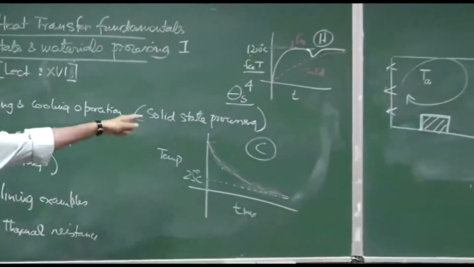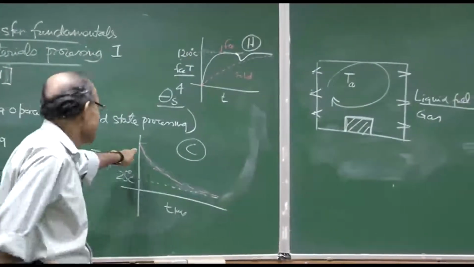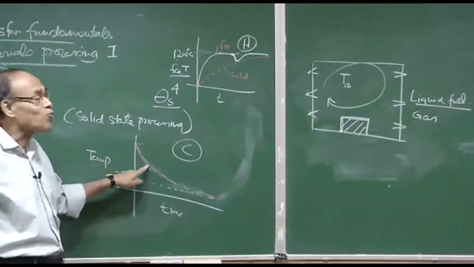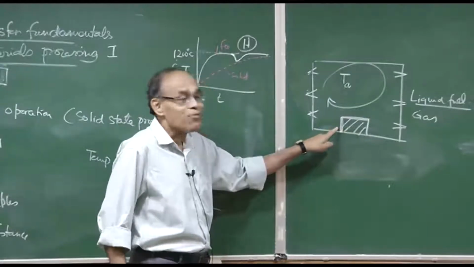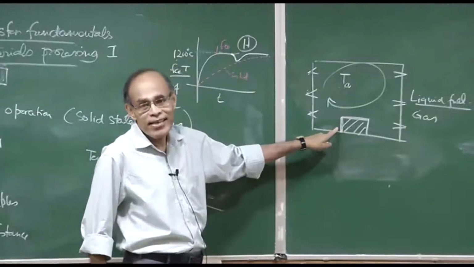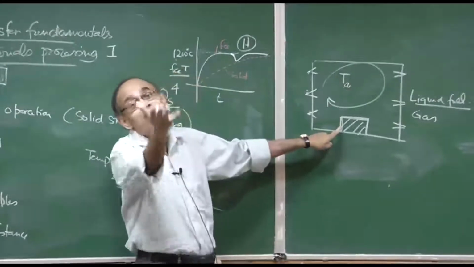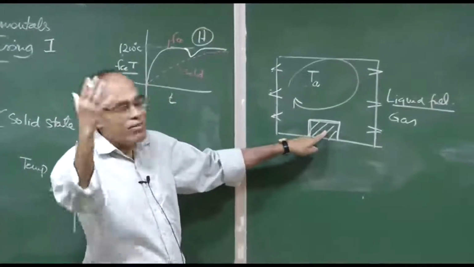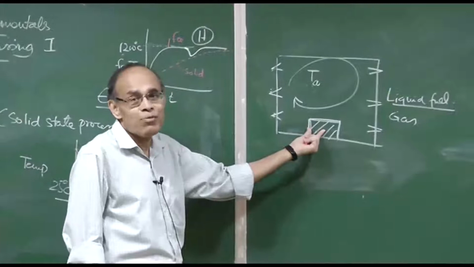That is how typically I know these are not going to change linearly, and also what is this temperature? This temperature could be the average temperature, because the inside temperature and surface temperature are not going to be identical. When you heat, the surface temperature is going to increase at a much faster rate, but the interior is going to increase at a much slower rate, because there is a substantial amount of thermal resistance between the center and